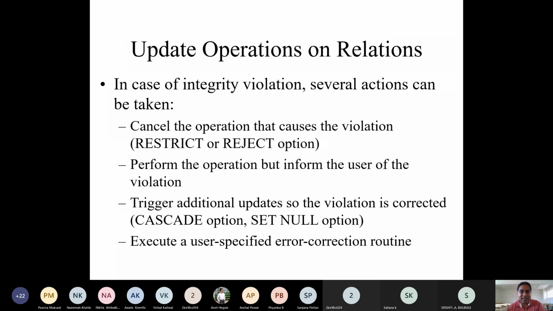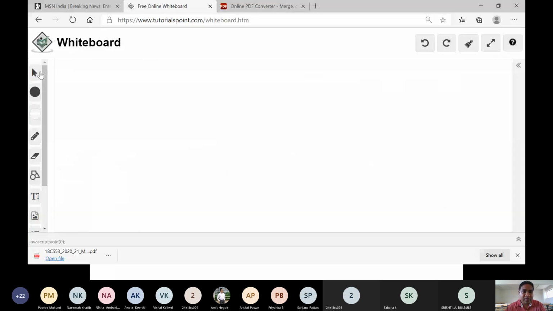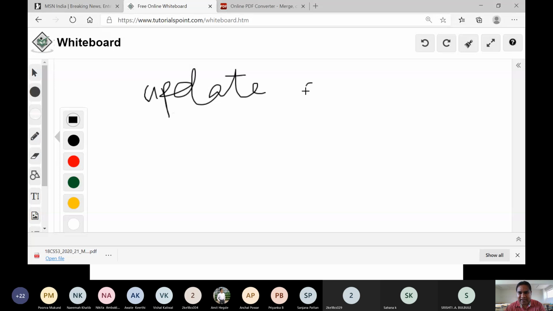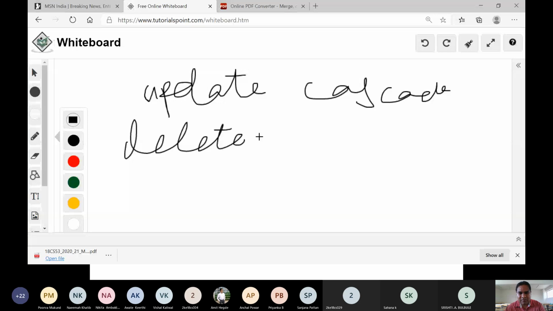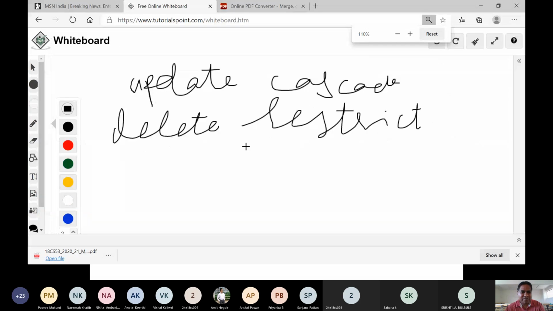See what happens if I write update cascade, delete restrict.